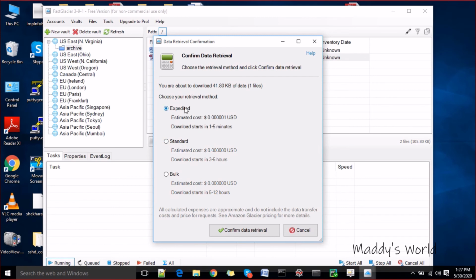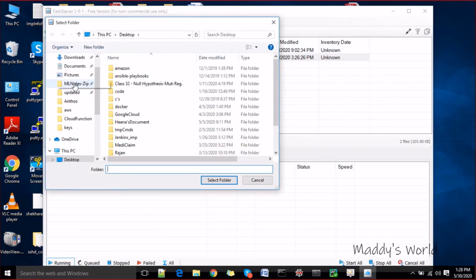But if you want to expedite it, you'll have to pay the cost for this. So that's the problem with S3 Glacier. It takes time in downloading the data. But this is very cheap in comparison to the other storage. If you want to expedite it, you can confirm it, right?